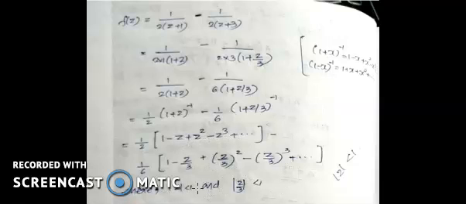Also here modulus z less than 1 is the given condition. So modulus z is less than 1, and so z by 3 is also less than 1. We should mention this condition whenever we expand, because (1 plus z) inverse means mod z will be less than 1, and (1 plus z by 3) the whole inverse means mod z by 3 will be less than 1. That is the condition for expansion, and this gives the solution.